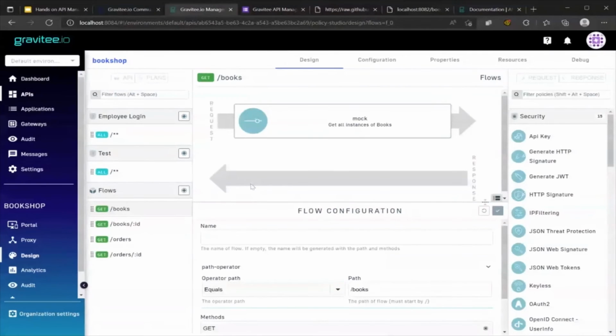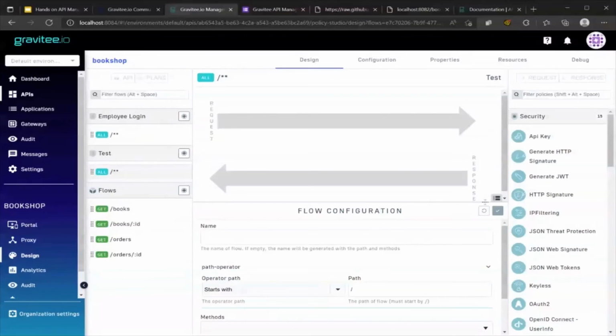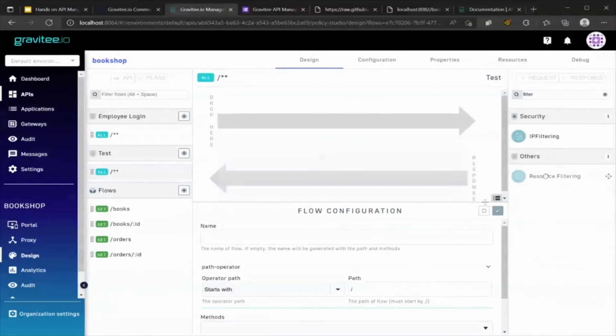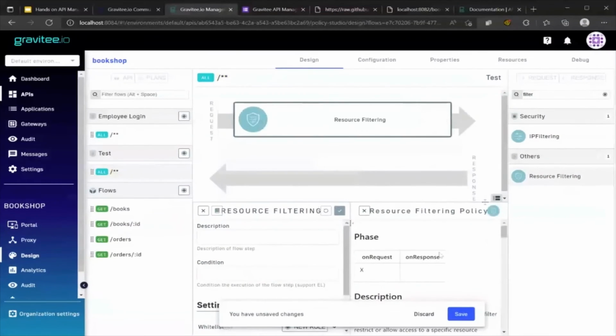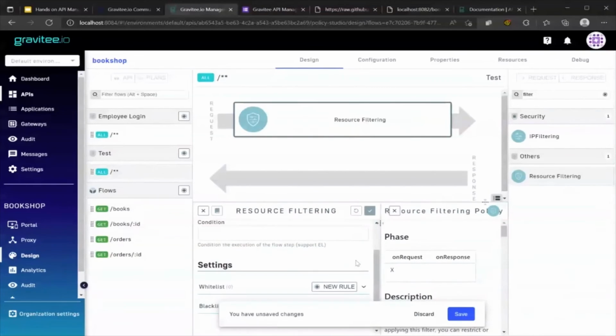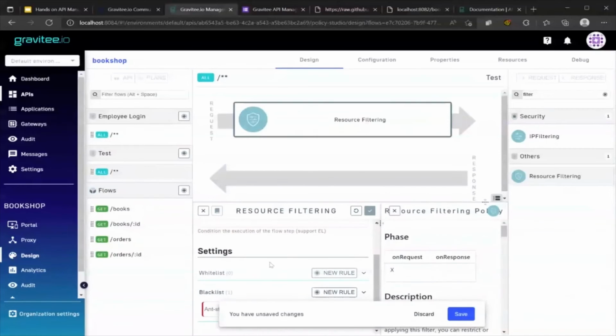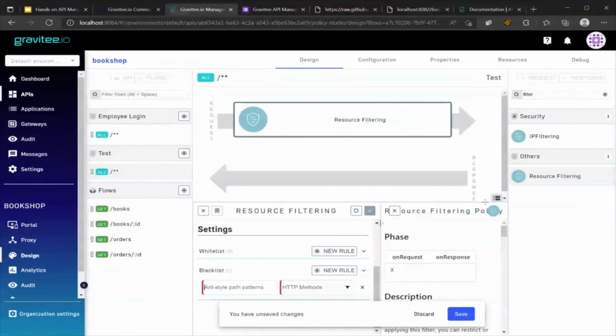I am going to go into my test workflow. I'm going to look for filter, resource filtering. I'm going to drop that policy on there. And then I'm just going to shuffle this out of the way. I want to disallow, I believe it's going to be orders star. I think I may have to put books. We'll test this in a second. Bookshop/orders. And if I save this,